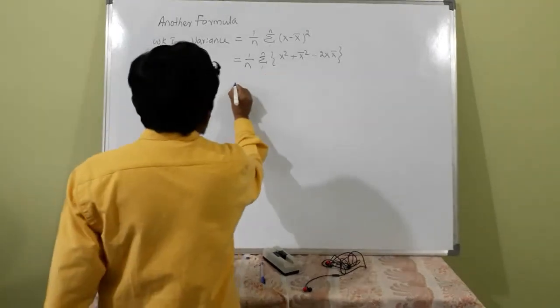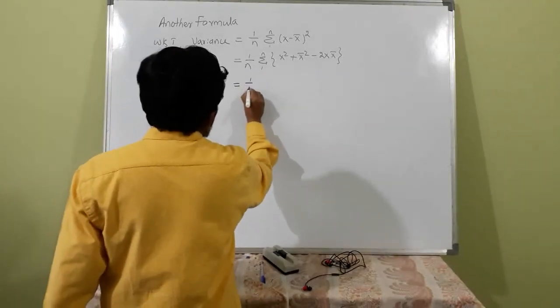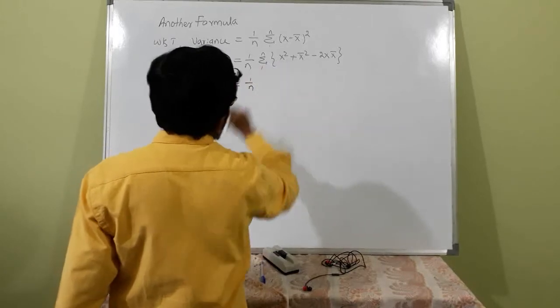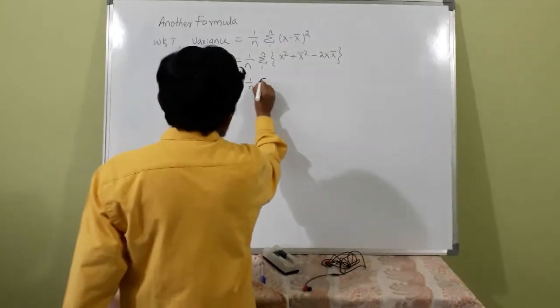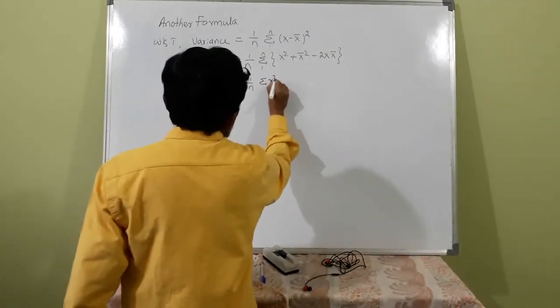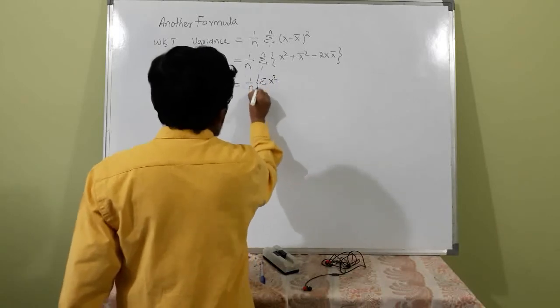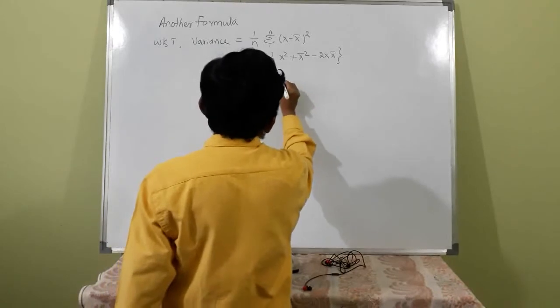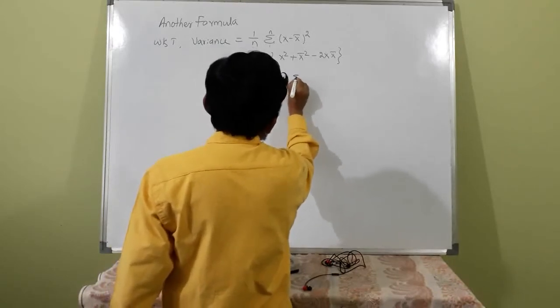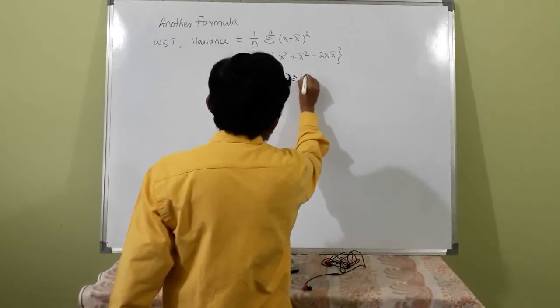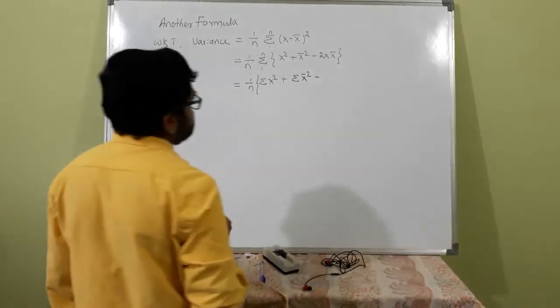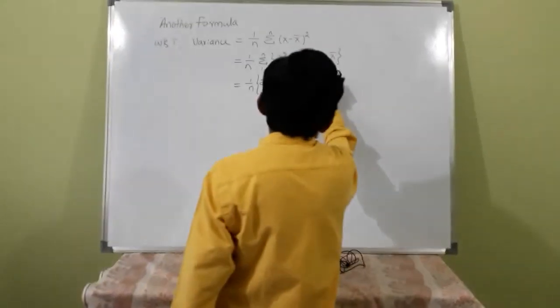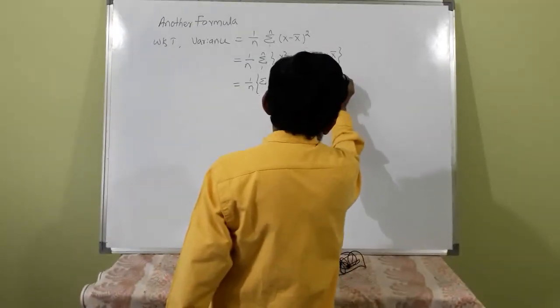See, okay, what is this? 1 by n into, if you take summation inside, summation x square, I will write bracket. This 1 by n is common to all 3 terms, plus summation x bar square minus 2 into summation